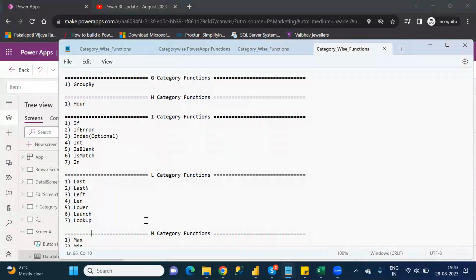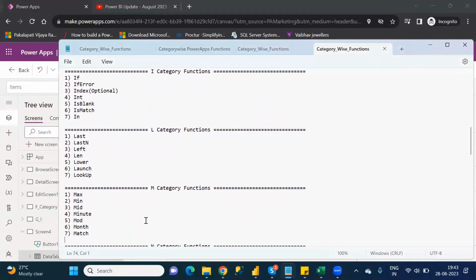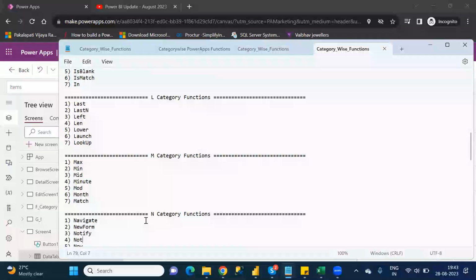Next is the M related category of functions. In that, the first function is maximum. What will the max function do? It will take the maximum value of that particular column. Understand or not? Let's see. Suppose, for example,